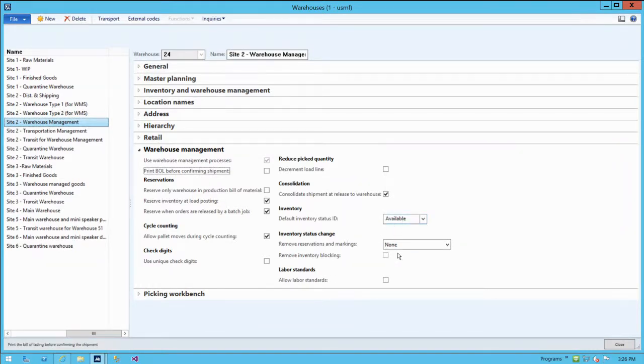Now, the status that we're reserving to is this default inventory status. So that's our warehouse configuration. But we also have to define our locations within the warehouse. So if I go under Inventory Inquiries, Inventory Locations,